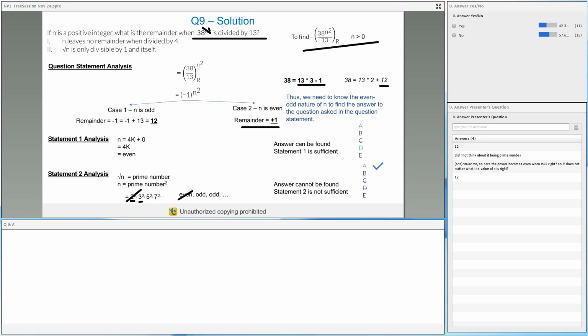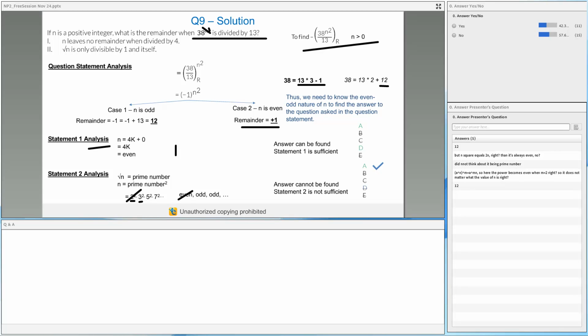Okay. Now, some of you are saying the answer would be 12. So from statement 1, you are getting the remainder as 1, right? From statement 2, you are getting the answer as 12. Now keep this in mind. In data sufficiency, if you are getting the answer from both these statements, then the answer needs to be the same. It has to be the same. You cannot get two different answers from two different statements. So if I'm getting the remainder as 1 from statement 1, and if statement 2 would have been sufficient, please focus on this, then the answer from this statement would also come as 1 only, nothing else.